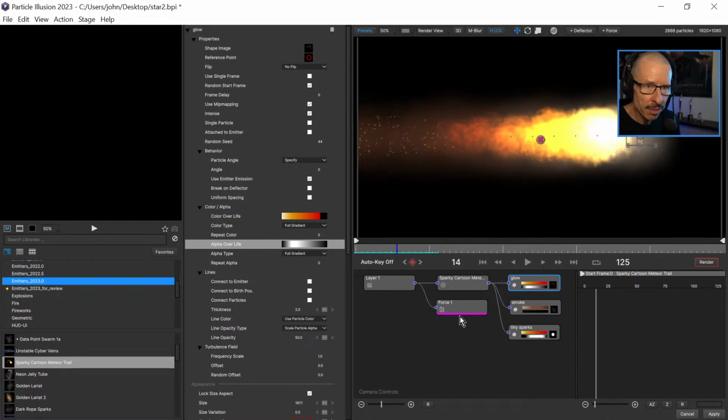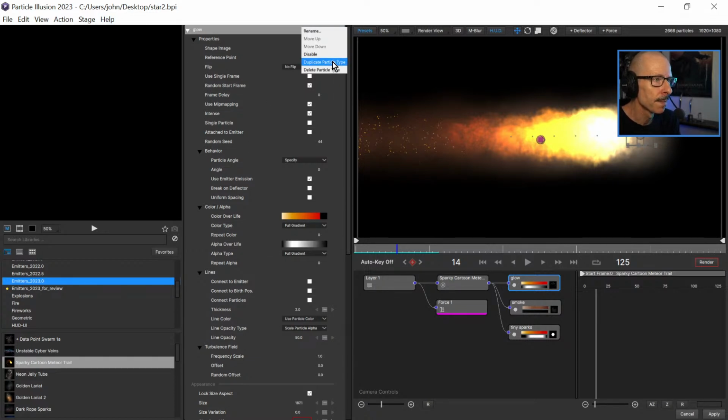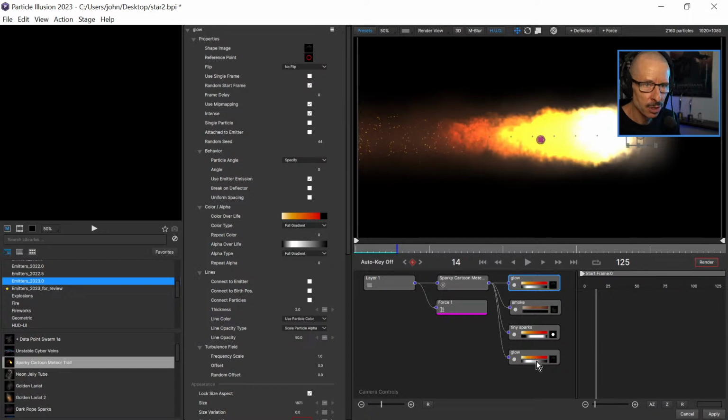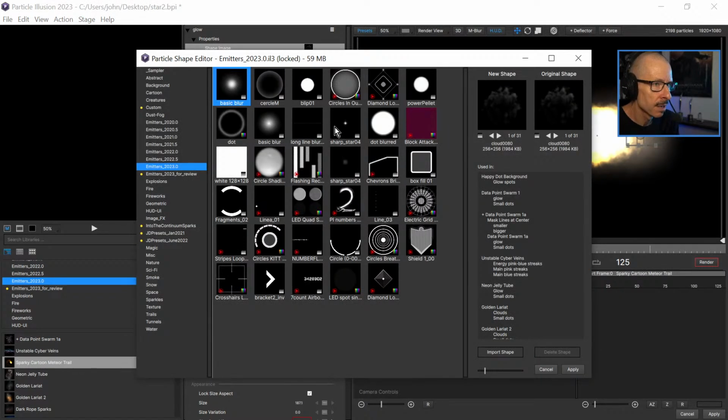Okay, one other thing I'll do to this is just quick save. I'd like a few smaller particles mixed in with this, as if they're pieces peeling off the meteorite. So I'll keep that one selected. It's already selected, and I'm going to duplicate it. So now we've got two, so it's going to be twice as bright. So let's double click, choose particle,